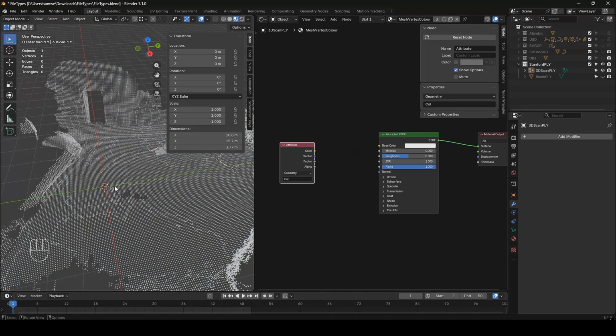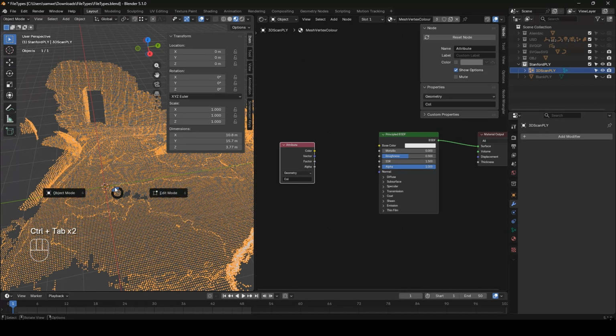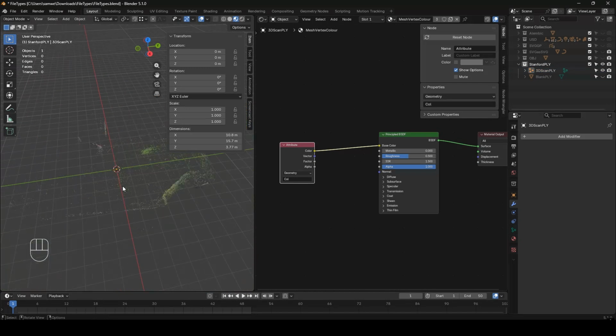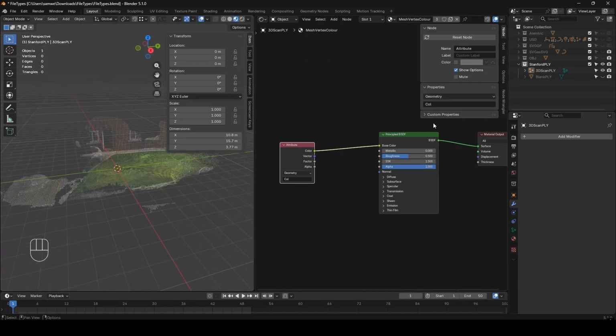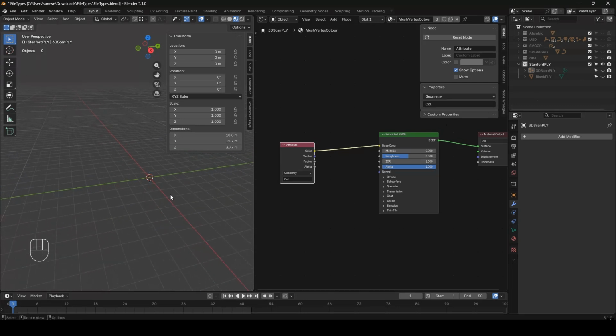So if we just remove that, same again. If we go to it, we don't have the option for vertex paint anymore, so yep, that's the two ways of basically looking at it. So now let's look at our third way, which is basically just making our own vertex